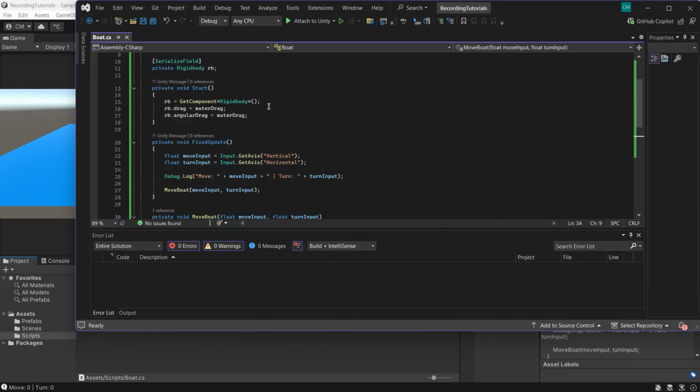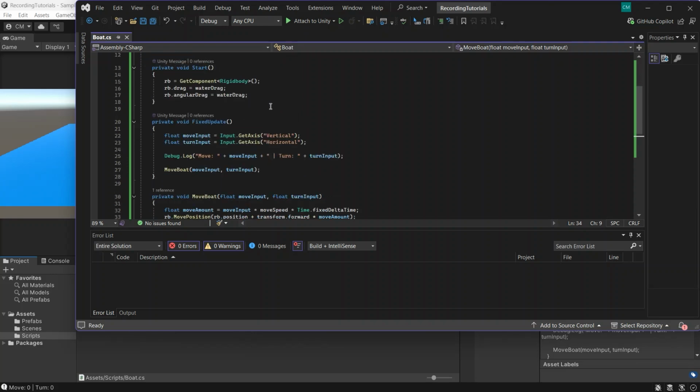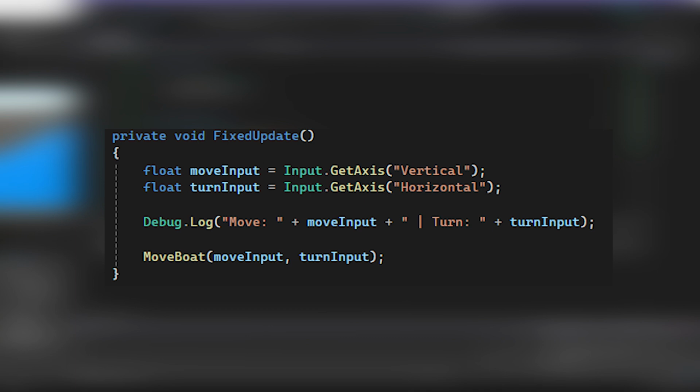Next, we have a private void FixedUpdate method. This method is used instead of Update because we are dealing with physics, and FixedUpdate ensures smooth movement updates. Inside of it, we have a float moveInput and float turnInput. This is to capture player input using Unity's Vertical and Horizontal axes, which are mapped to WASD or arrow keys by default.